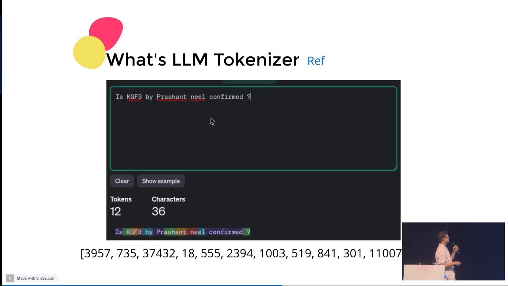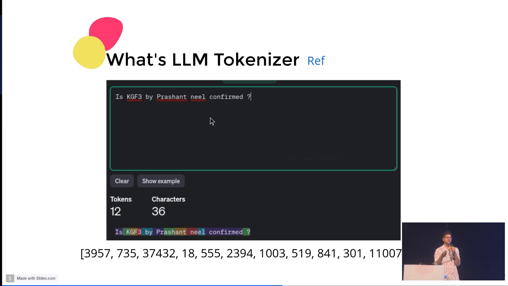Here, how many of you are fans of KGF? Do you know when KGF 3 is going to be released? Are there any plans by Prashanth Neel to make KGF 3? You don't know, right? So let's say there's a model created in the internal production house of Hombale Films, and somehow you got access to that model, and you want to ask whether KGF 3 is being planned or not